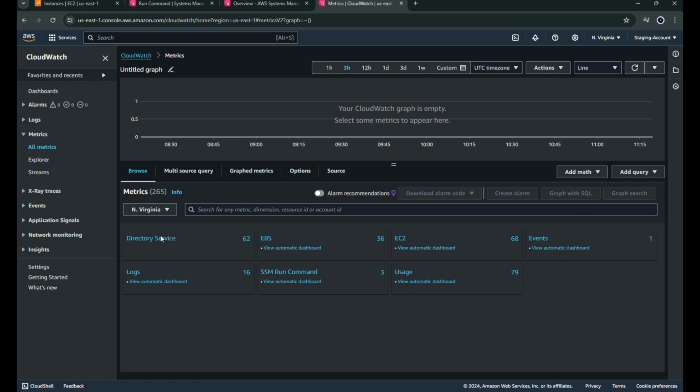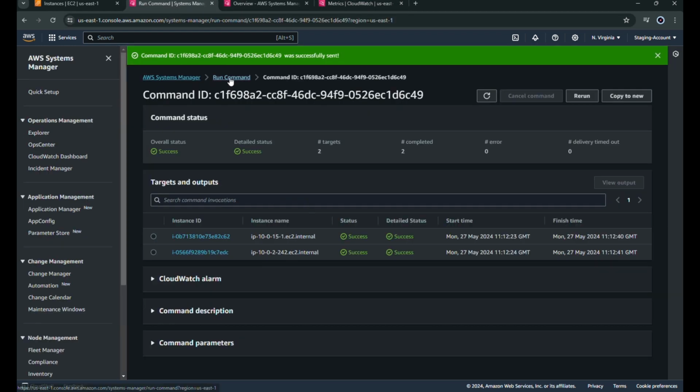I mean, default metrics: directory service, EBS metrics, EC2 metrics, event metrics, logs, SSM run command metrics, usage, and all these things. Now I'm unable to see any custom namespace. Whatever I'm running on SSM, all the metrics, logs and everything will be saved here itself only. Now watch carefully. What we're going to do is go to the run command,